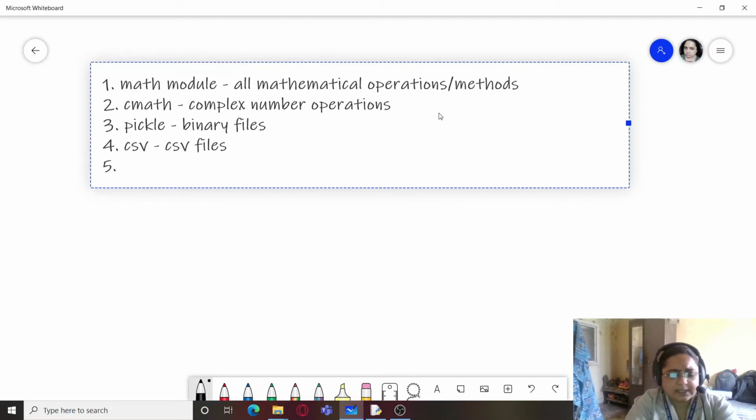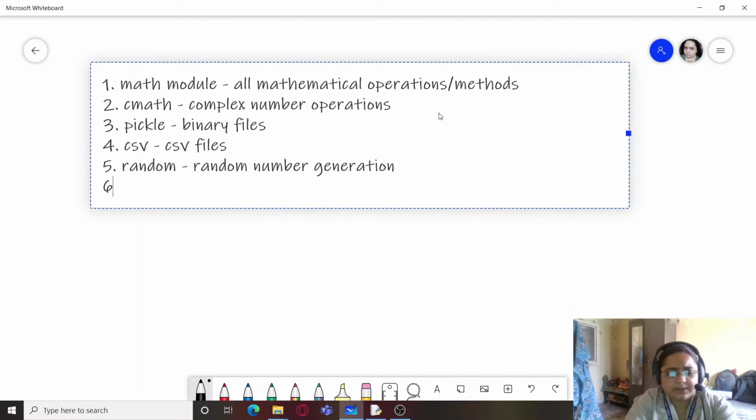Then we have the random module, which is used for random number generation. Then you have the NumPy module, which is used for numerical Python operations, and also working with arrays.